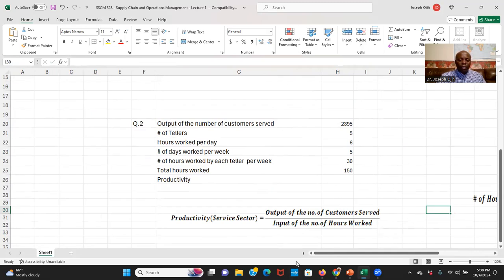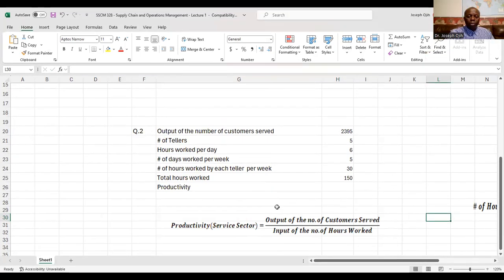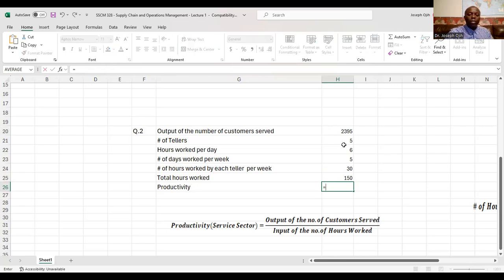So output is the number of customers served and input is the number of hours worked. We are told that they serve 2,395 customers, and they work a total of 150 hours a week. So productivity is the number of customers served divided by the total hours worked,